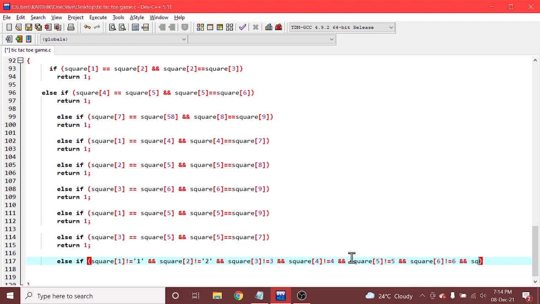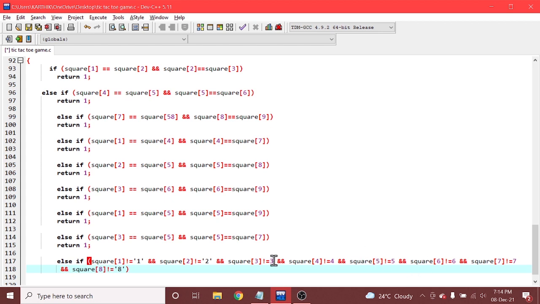Similarly square of 7 not equal to 7, and square of 8 not equal to 8.